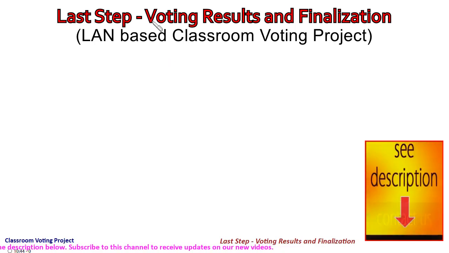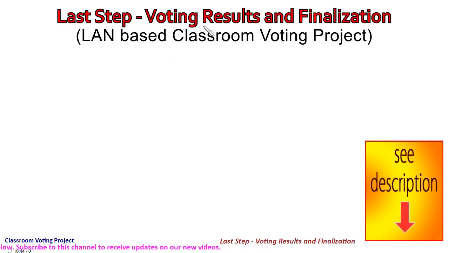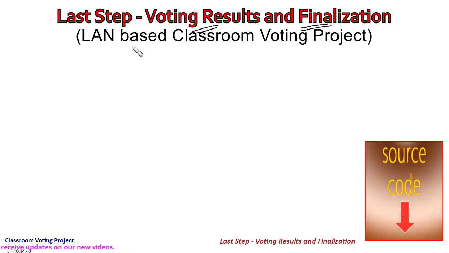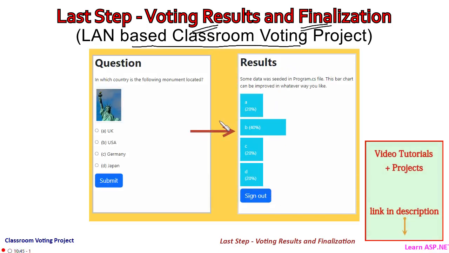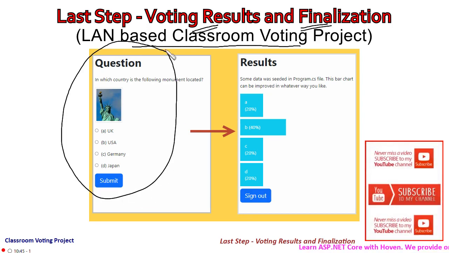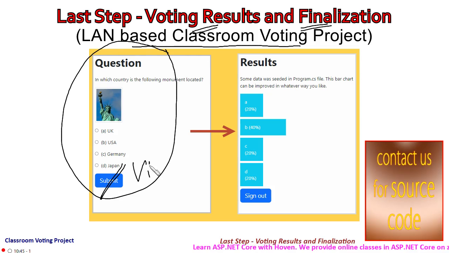Now this is the last step of the project. Voting results will be shown and finalization. The project that we have been covering is the LAN based classroom voting project, and if you recall in the previous tutorial, this was the question that we showed, and when the user wishes to view results, this button changes into view results